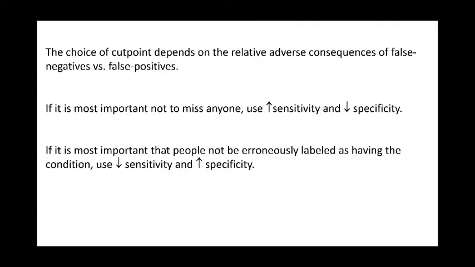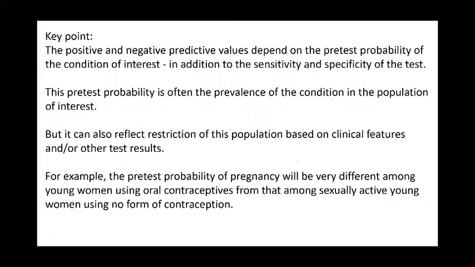So one of the important factors is adverse effects of false results. That means either if it is shown that it is a negative in spite of it being a positive, or positive in spite of being negative. So if you don't want to miss anyone, if it is a very dangerous disease and you don't want to miss anyone, you should use higher sensitivity. However, if we consider that the treatment is much more dangerous, and if a patient who does not have the disease is labeled to have the disease, then it will be an issue. Then you would want a much higher specificity test. So that's how you would decide between sensitivity and specificity, cutoffs of various tests.